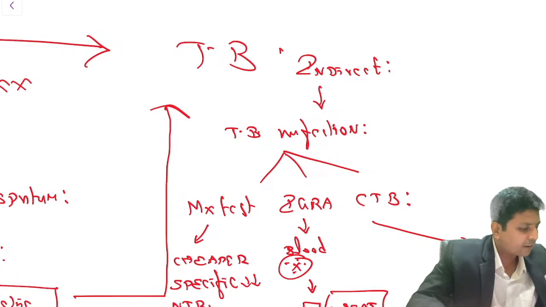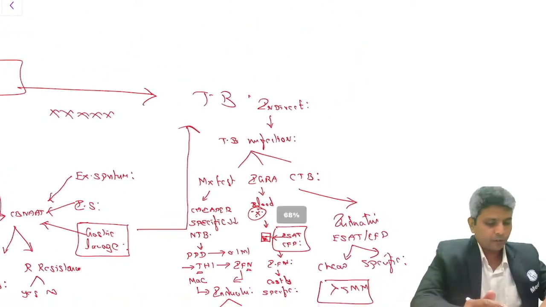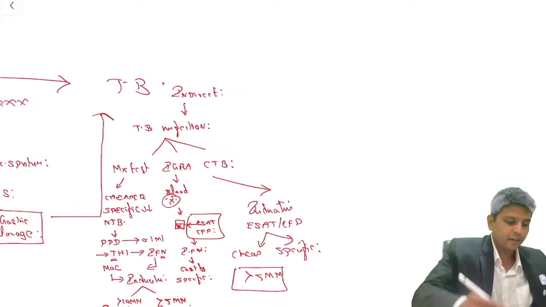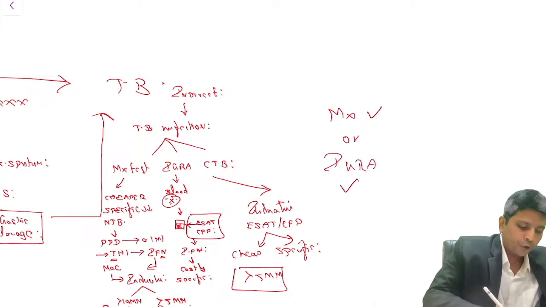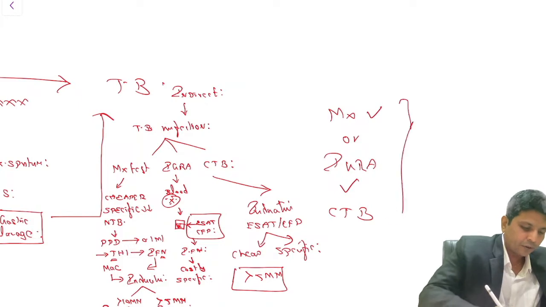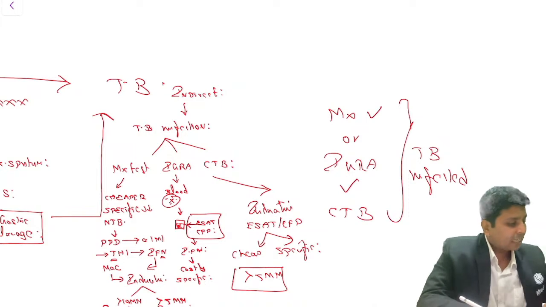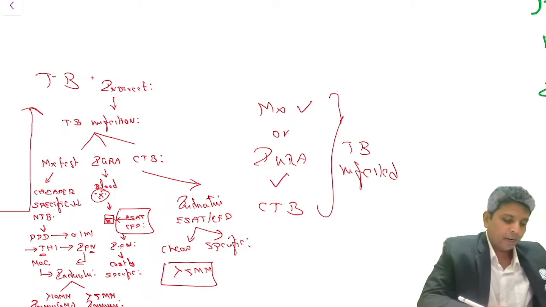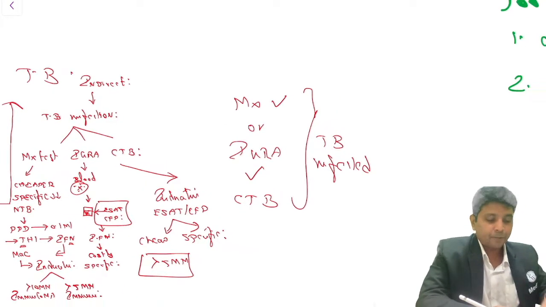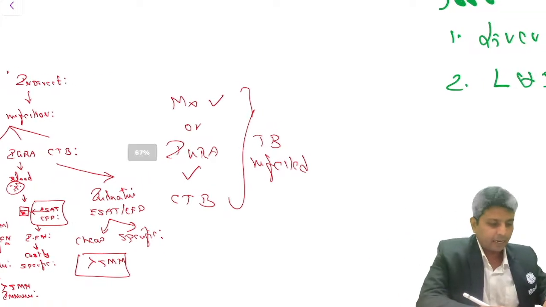Akhil Tota has asked for culture. Wait, my dear boy. If my indirect test is positive, what does it mean? If either Mantoux is positive or IGRA is positive or your CBNAAT test is positive, then the child is TB infected. Then as per Akhil, if TB infected,